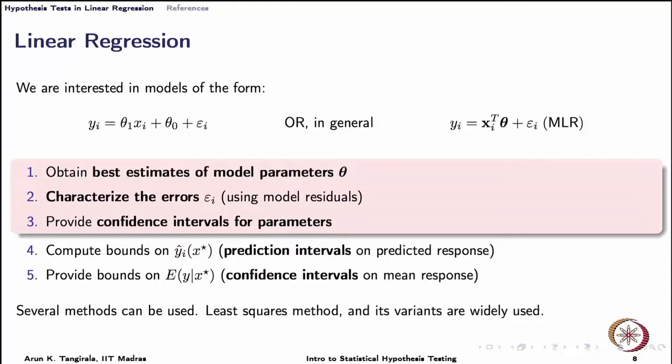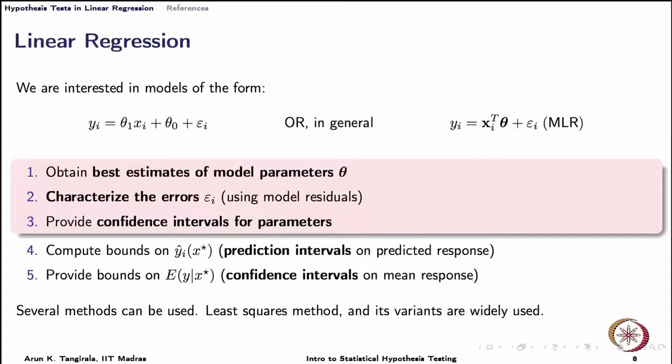Now, in this slide we have used the notation y subscript i. That means we say that the ith observation of a variable y is a linear function of the ith observation of another variable x. Strictly speaking, this is not a linear model, that is, theta 1 x i plus theta naught is not a linear function, it is an affine function, but with some abuse of terminology we tend to call this linear. If this were to be strictly linear, theta naught should have been 0. Nevertheless, we will live with that terminology and still call it linear regression.